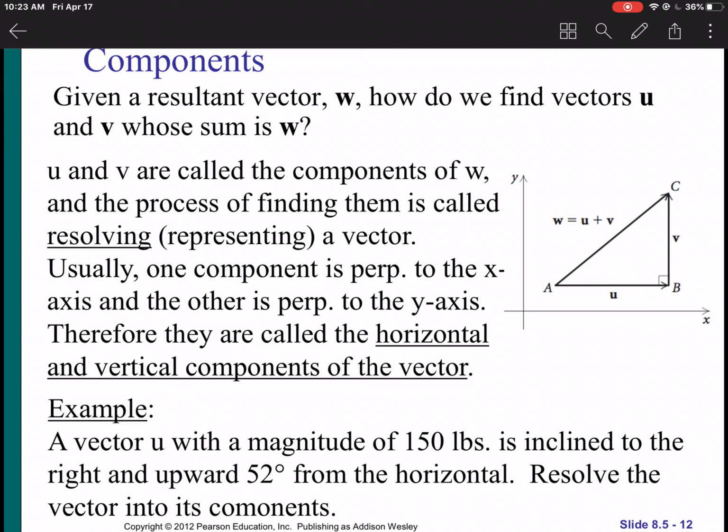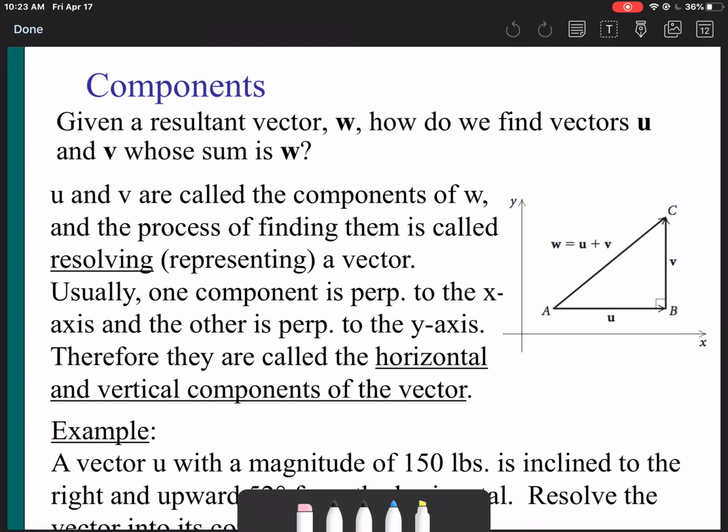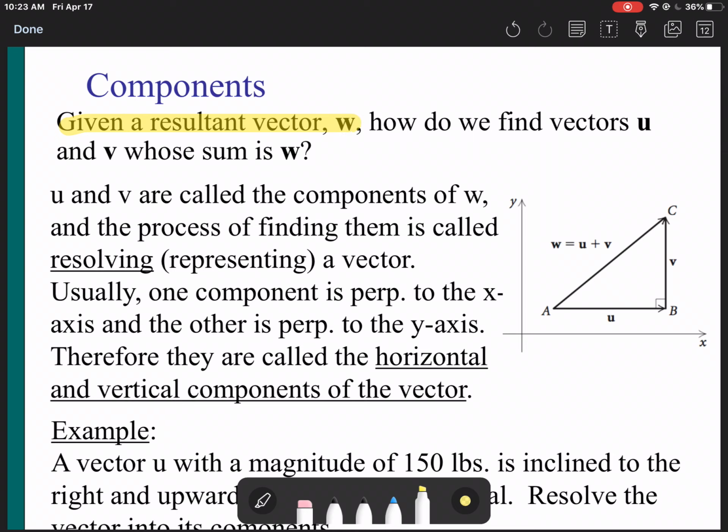So given a resultant vector, in this case we're calling it w, how do we find vectors u and v, whose sum is w, right? So w is a resultant of u and v. Now u and v are called the components of vector w, because notice u and v, those are perpendicular to each other. We refer to these as the horizontal and vertical components